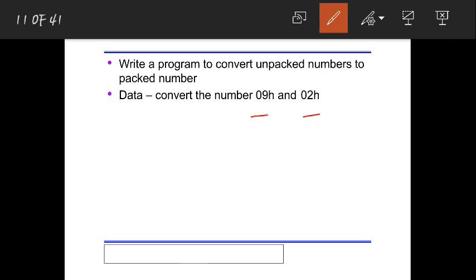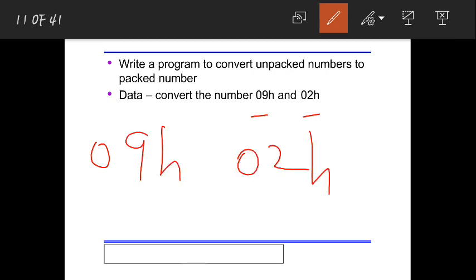That means 09 and 02. Okay, these are two unpacked numbers. Whenever I try to transmit some bits of data, if I try to send both the numbers, this is called unpacked data.